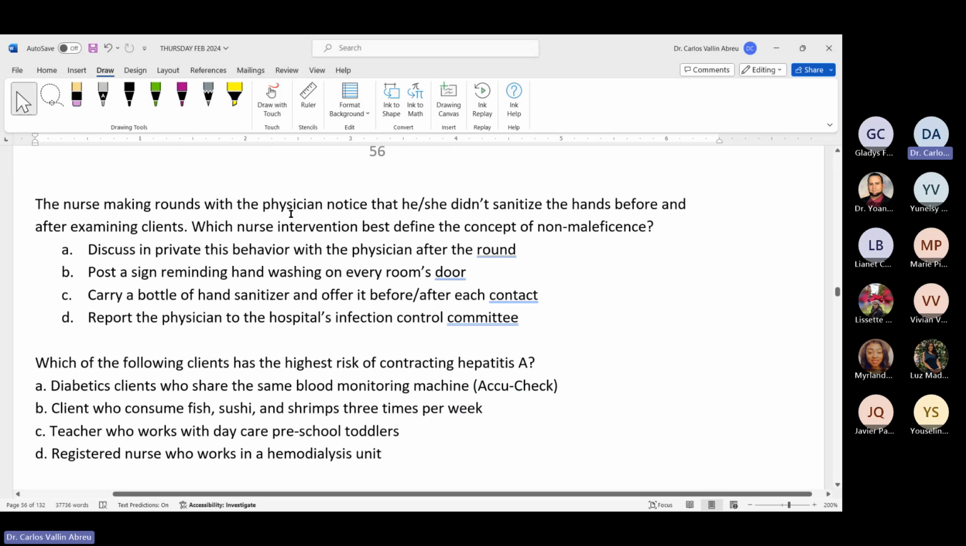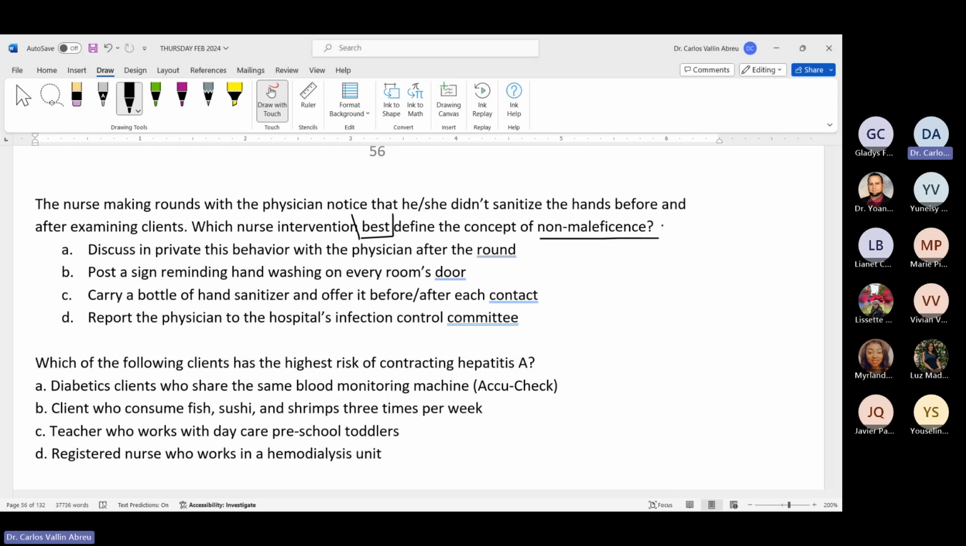The nurse making rounds with the physician notices that he or she didn't sanitize the hands before and after examining clients. It is not rare from happening; you can even see that in nurses, CNAs, etc. Which nurse intervention best? Again, this word makes the question difficult because maybe the interventions are good, but you need to find which is the best, and which nurse intervention defines the concept of